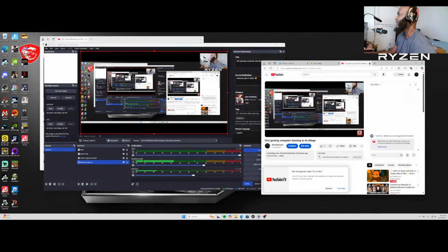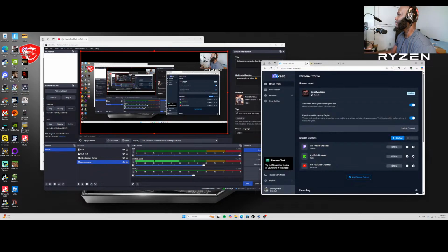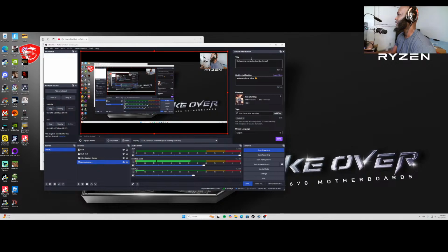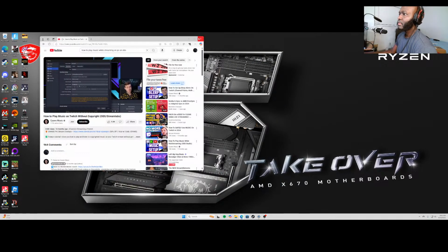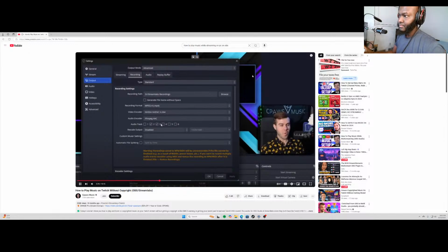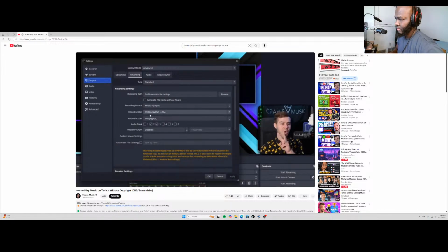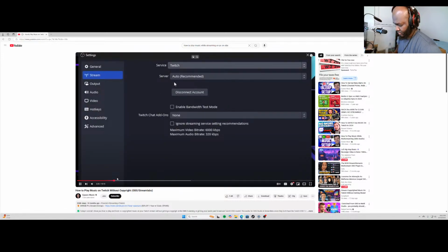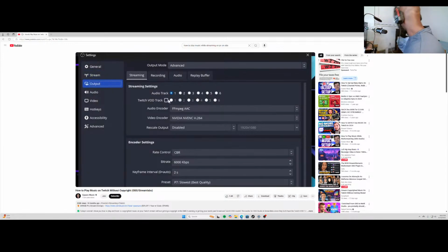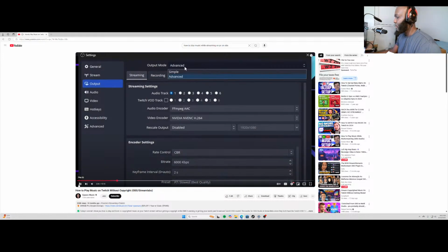But if we go to the recording tab, this is where things get a little tricky. So I actually have mine set to 2 and 3. So if I'm streaming and locally recording, the local recording is only having 2 audio tracks, and that's audio track 2 and 3. And down below, our account connected, because if we're not having Twitch as our main platform, we're not gonna get the Twitch VOD audio track right here. And if you're still not seeing it, you need to make sure that your output mode up here